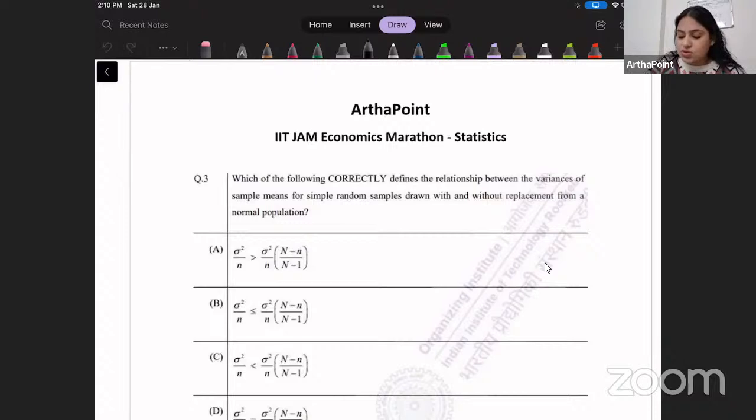Now, to do this question, we must first of all try to differentiate between the